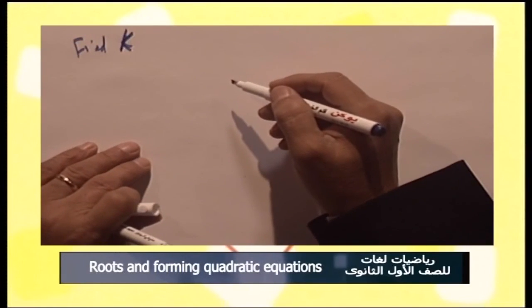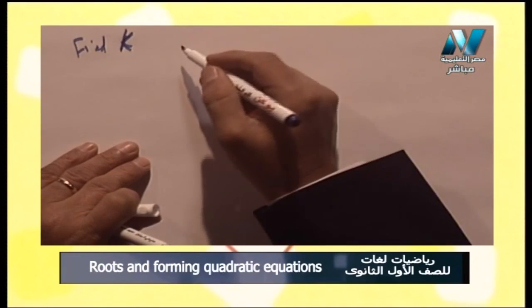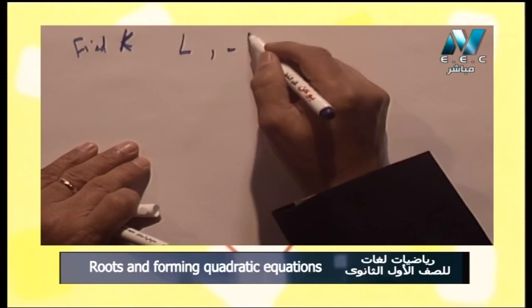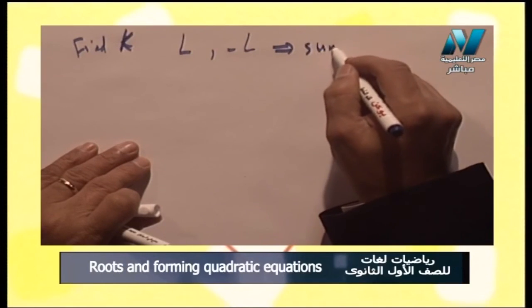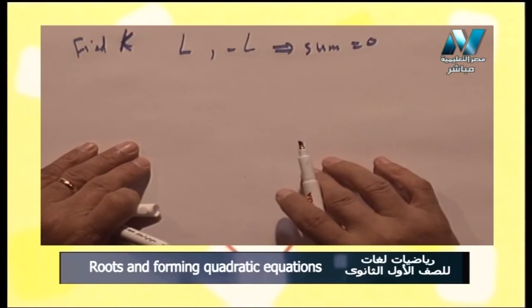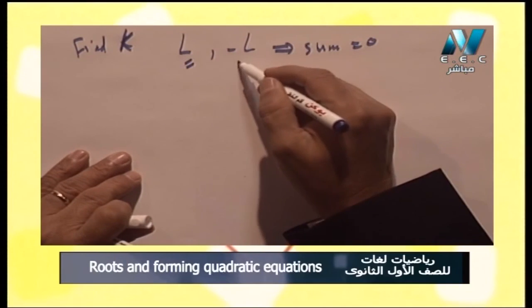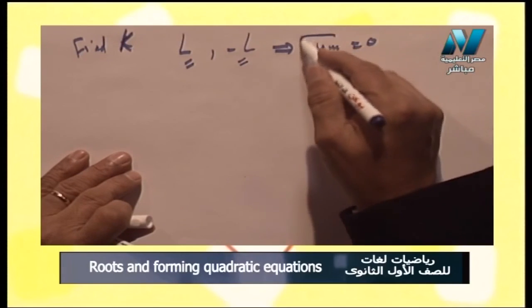What's the meaning of one of the two roots is the additive inverse of the other? That means if the first root is L, the second root will be negative L. So their sum will be equal 0. So if we have two roots, one of them is the additive inverse of the other, then their sum will